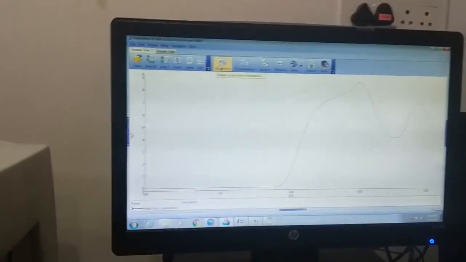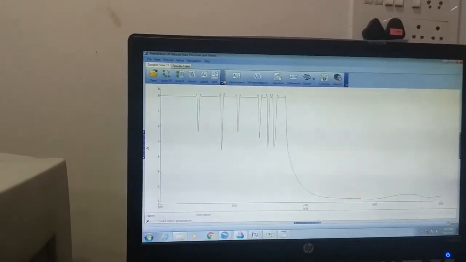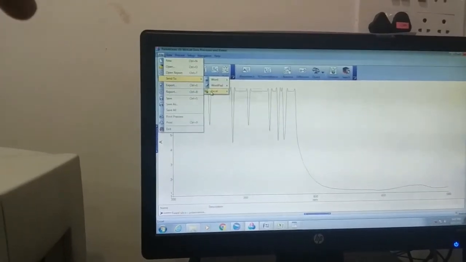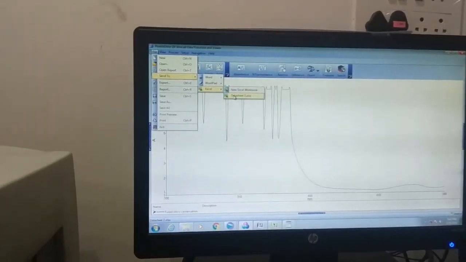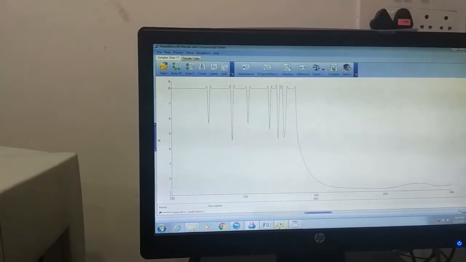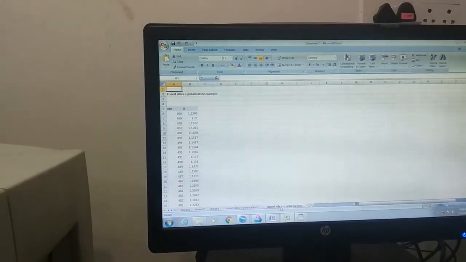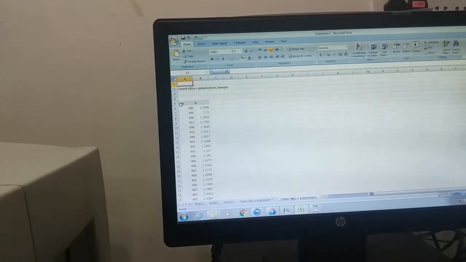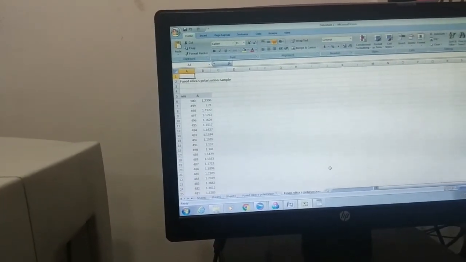DPB, click on absorbance, then go to file, send to, then Excel to datasheet 2. Here it shows absorbance and here it shows the wavelength.